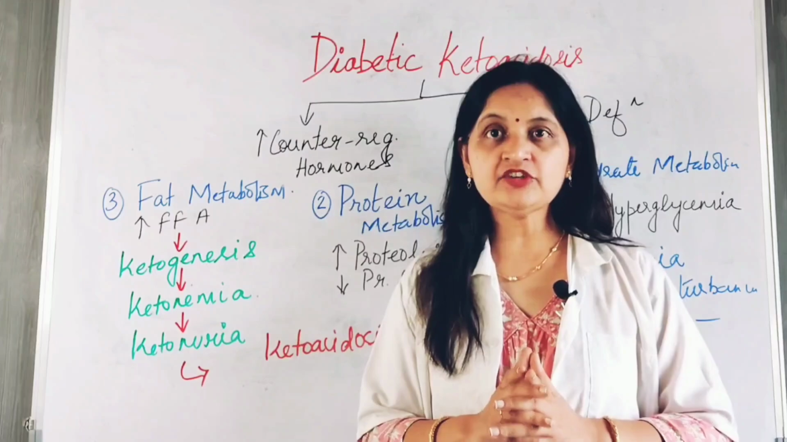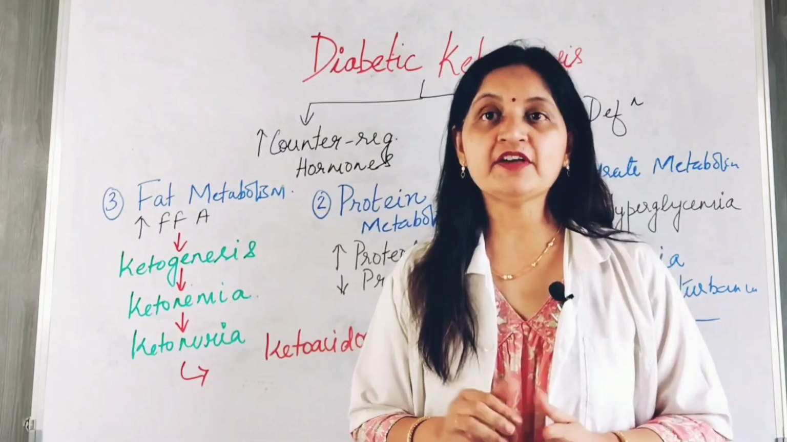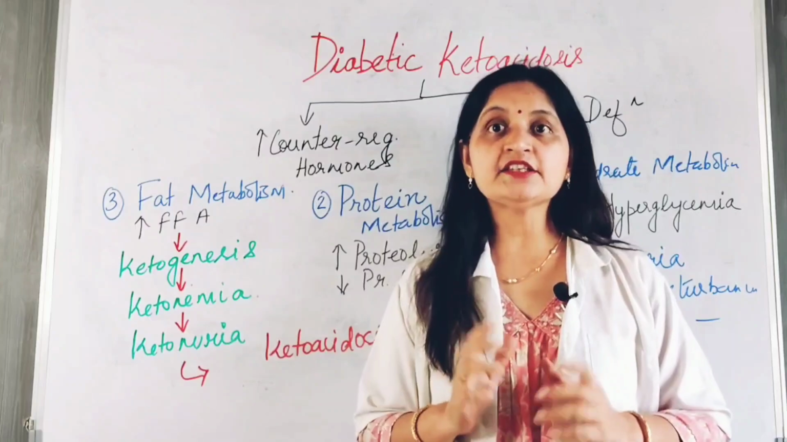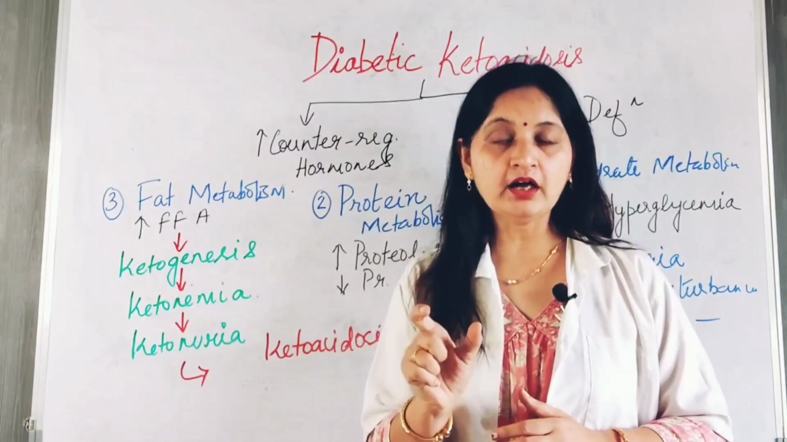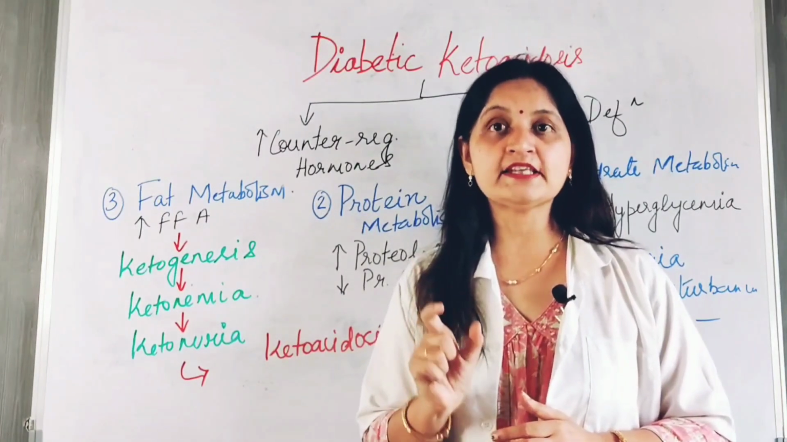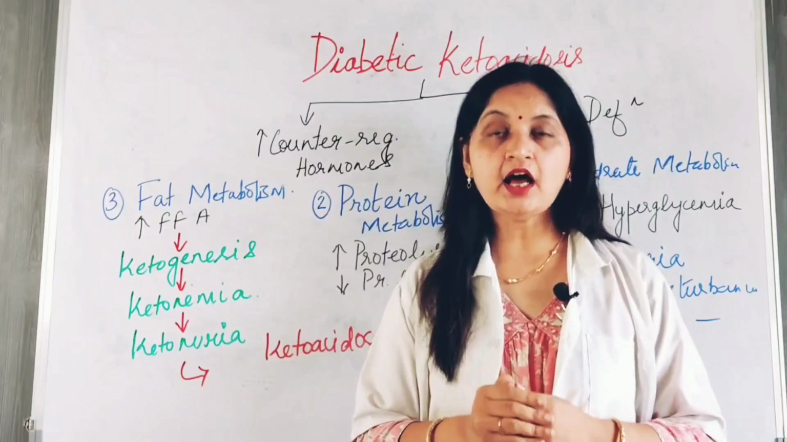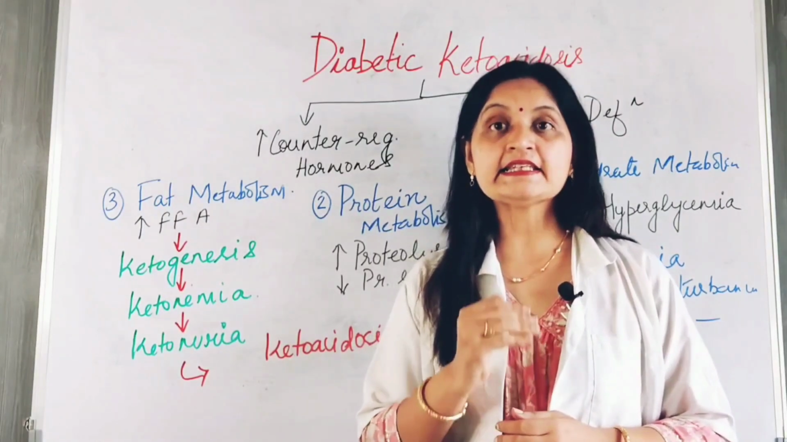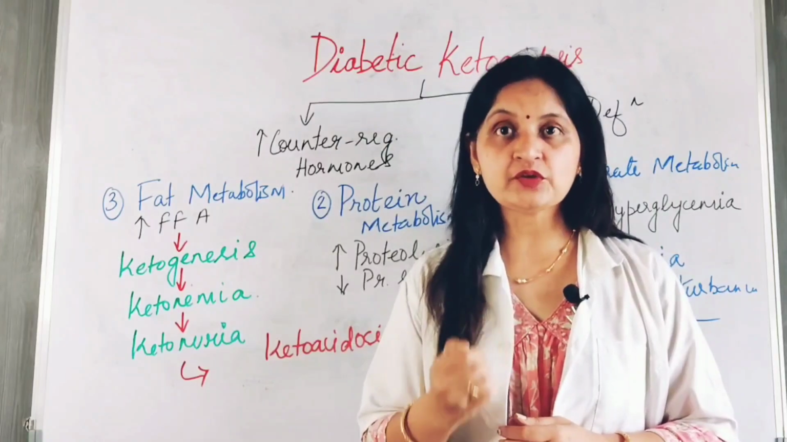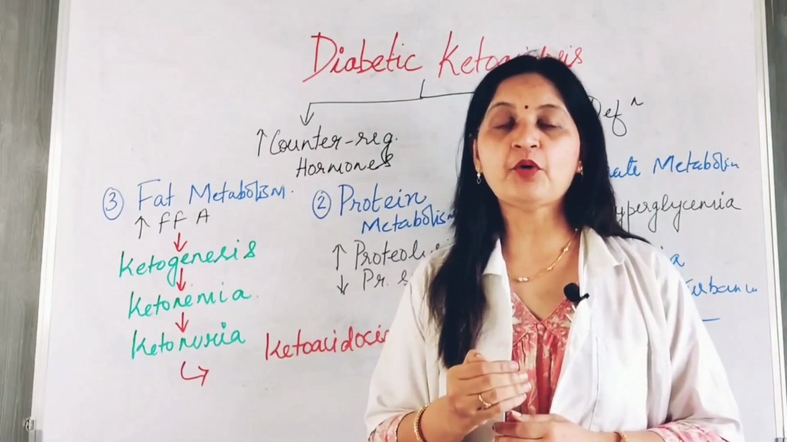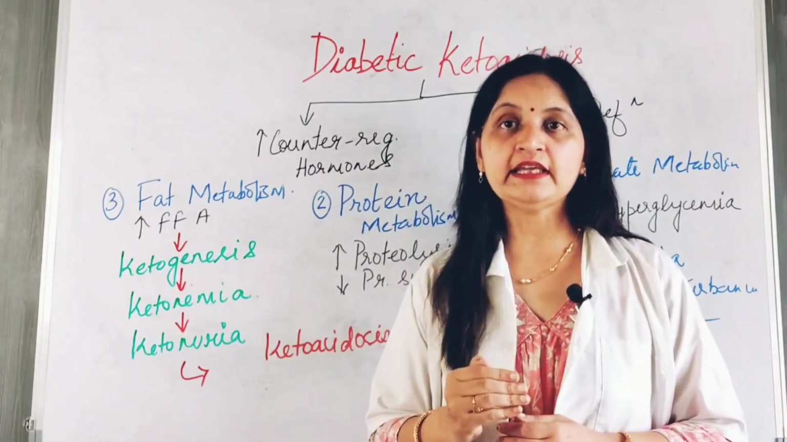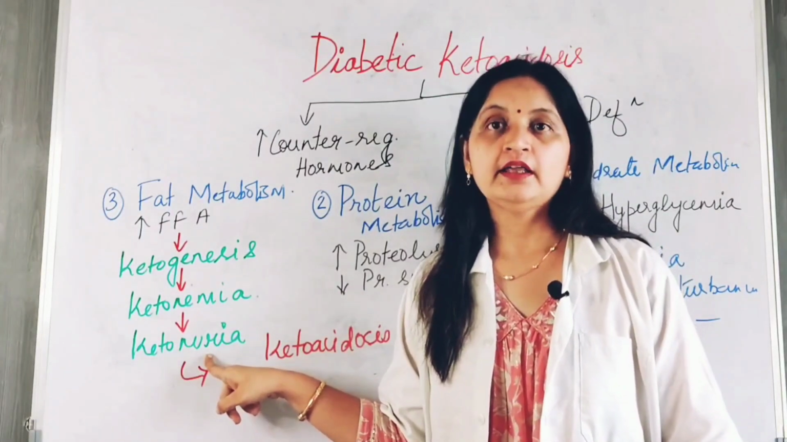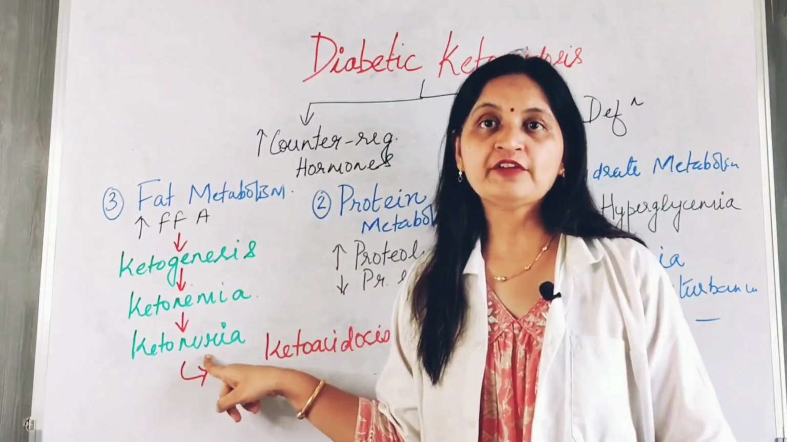So in the early stages, the cellular and extracellular buffers neutralize these ketone bodies that are acidic in nature, and this is reflected by a normal arterial pH and mild base deficit. If the situation is untreated and the ketone body concentration continues to rise, it exceeds the body's capacity to extract them. So these ketone bodies overflow in urine, and this situation is known as ketonuria, that is